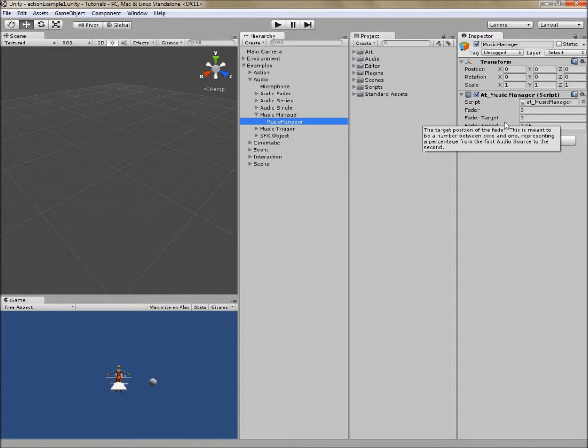The last property on the Music Manager tool is fader speed, and this is the relative speed at which the crossfade transition will happen. It's been set to a default value of 0.05, and this represents a crossfade of about 2 seconds. Let's go ahead and hit play, because what I need to show you is that automatically